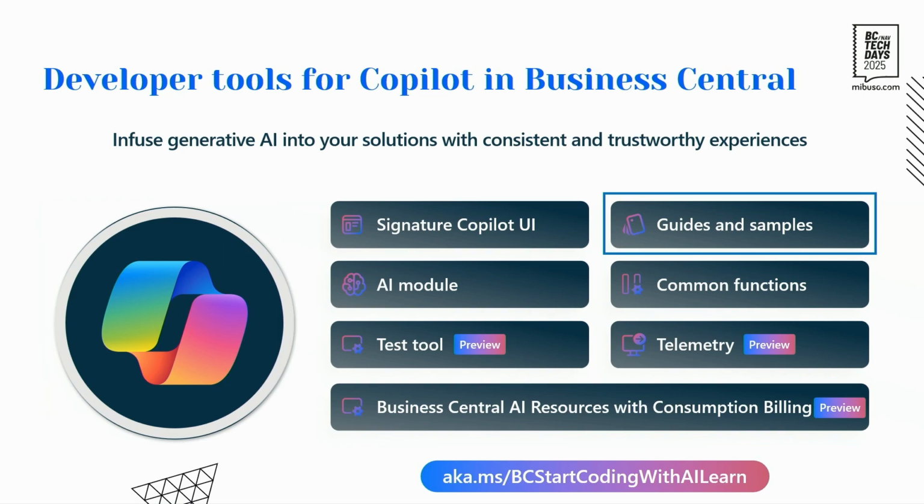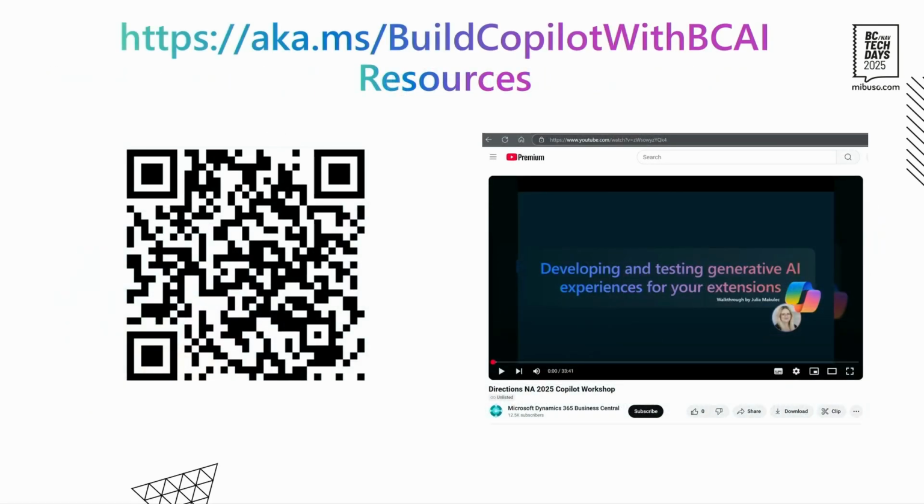So we have, as I mentioned, guides and samples online. And we have now a video, half an hour. If there's anything you should take from this session, it's probably this one, because this one is a guided tour of building a Copilot feature. It will go through how you use the toolkit, how you are going to use BC AI resources and Connect, how you're going to write test cases, etc. We have a video if you like videos, and we have a written document if you prefer going through instructions. It's actually based on workshops that we had at Directions that we put in public now.